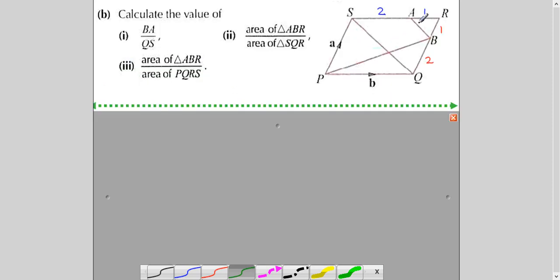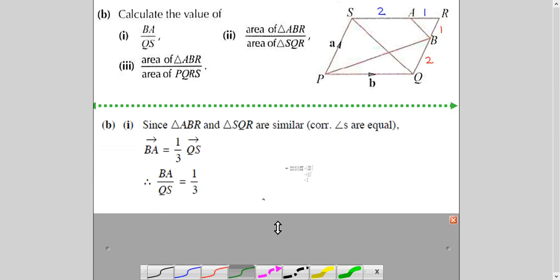Otherwise, I can see it from here also. If you notice, this small triangle has ratio 1 and this big triangle has ratio 3. This whole thing is 3. So similarly, the ratio of this side will also be 1:3. It's a similar triangle, right? These sides are extended and the angle is common, so it is a similar triangle. It is not mentioned, but it is obvious from here. So you can say, because it is a similar triangle or because of the ratios you found earlier, that the ratio of the sides is 1:3, right?